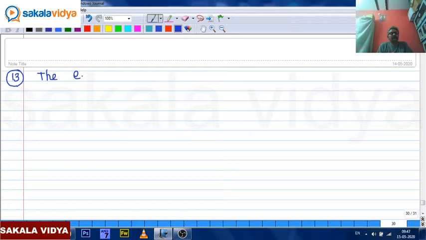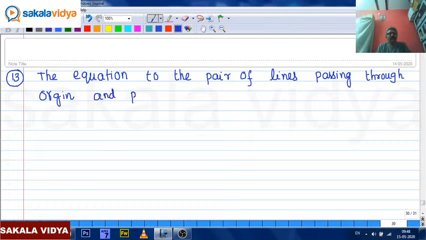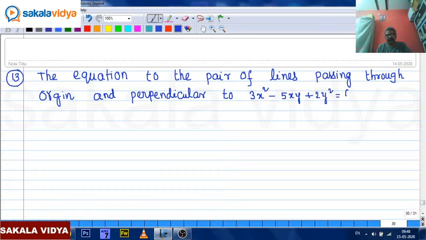The equation to the pair of lines passing through the origin, that means (0, 0), and perpendicular to 3x square minus 5xy plus 2y square equals 0 is